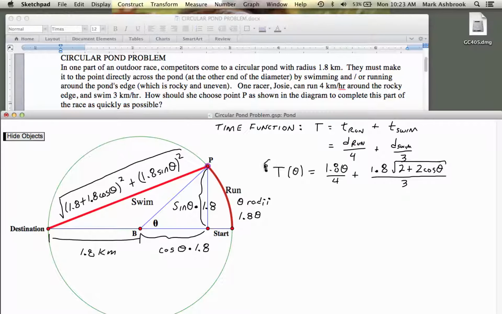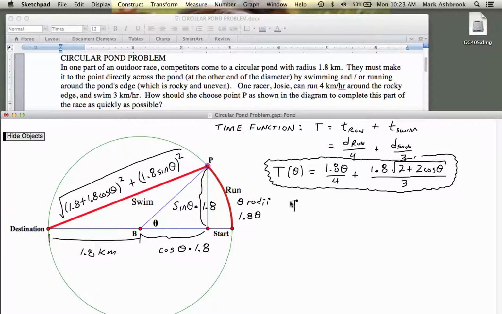So we have the centerpiece of this solution, which is our function, whose output is the quantity that we're trying to minimize: the total time for Josie to get from the start to the destination, which is her time spent running plus her time spent swimming. Okay, so then we know that minimums could occur at a local minimum, and a local minimum